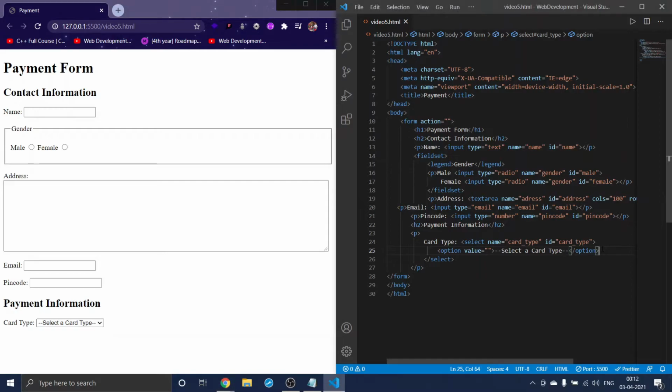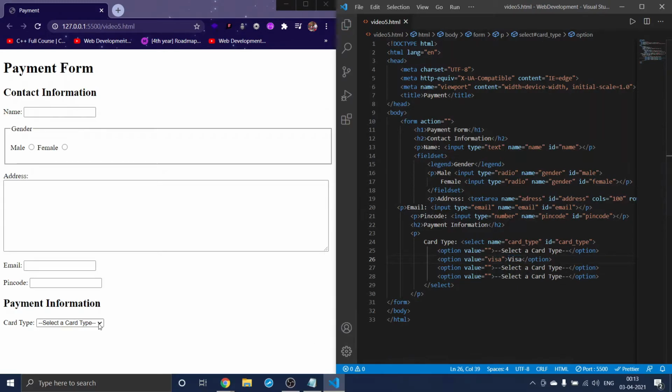So what I will do is copy and paste the same thing, and here I will change the values, and I want the first card to be Visa, and I will give the value which is Visa. This is the thing which will go to the server, this value. This is the thing which our drop down shows here.